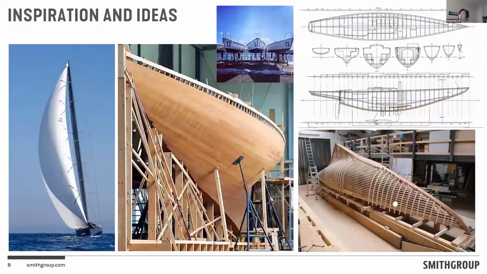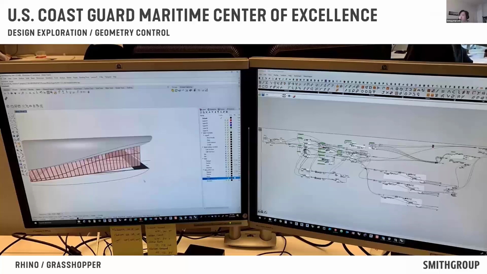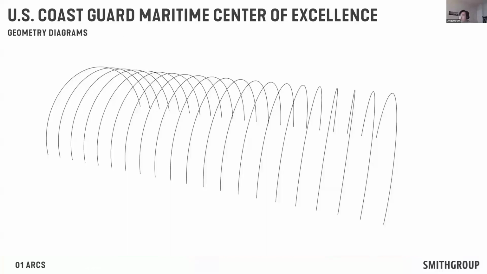The design of the project was inspired by the sleek hulls and vessels under full sail, which represent the maritime heritage of the Academy. From the very beginning, we used Rhino and Grasshopper to explore various design options with hydrodynamic geometries. Every project has a limited budget, and this project was not an exception. And we had to come up with the idea of creating a unique and iconic design for the campus based